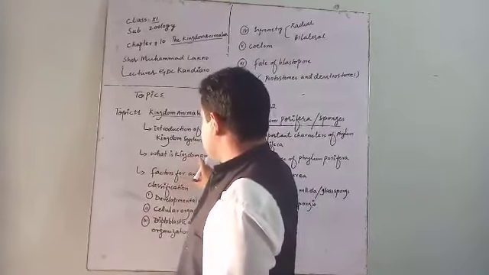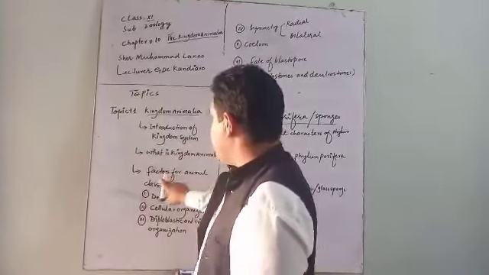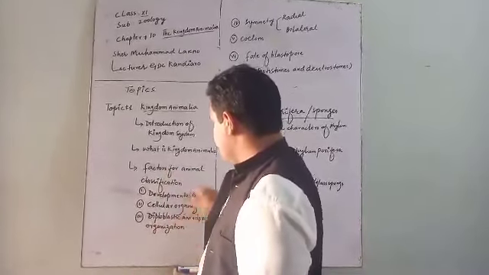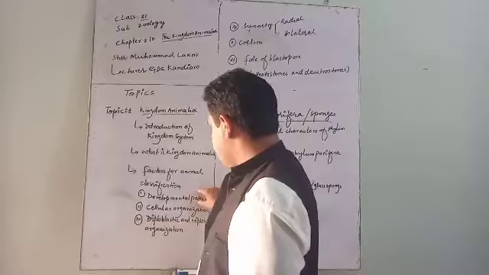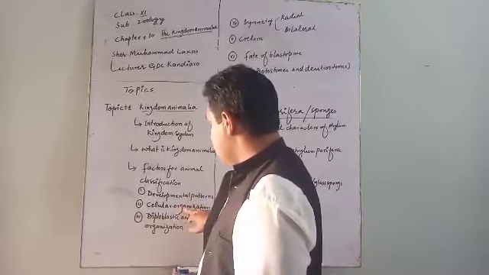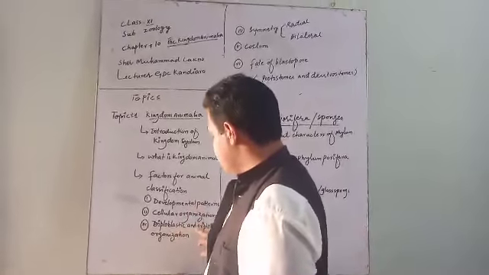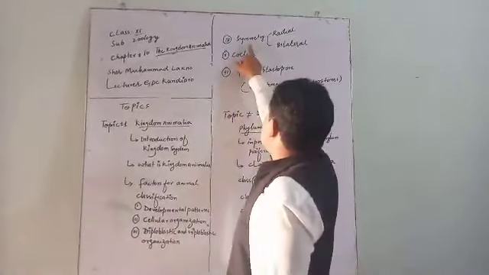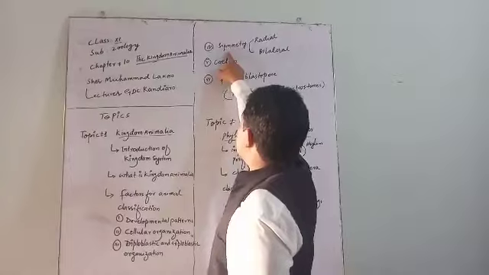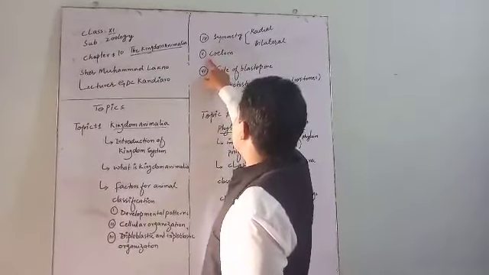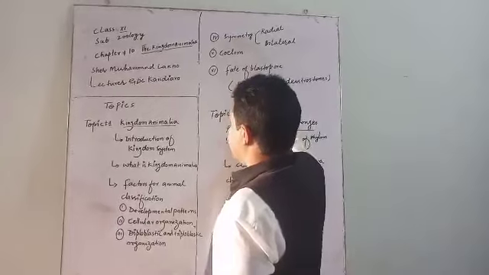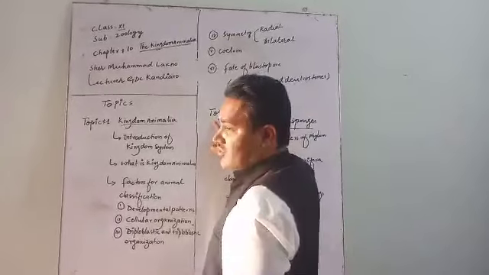What is the kingdom system? Factors for animal classification: number 1, developmental factor; number 2, cellular organization; number 3, diploblastic and triploblastic organization; number 4 is symmetry; number 5, coelom; number 6, fate of blastopore; and my second topic is